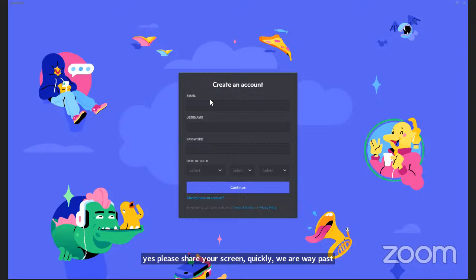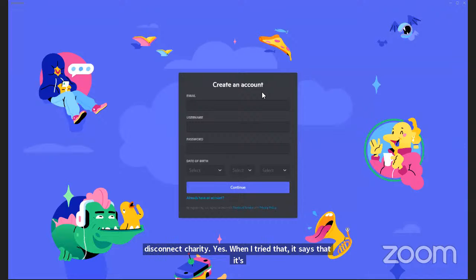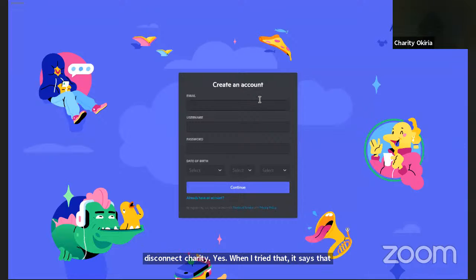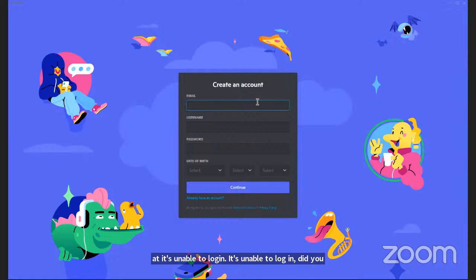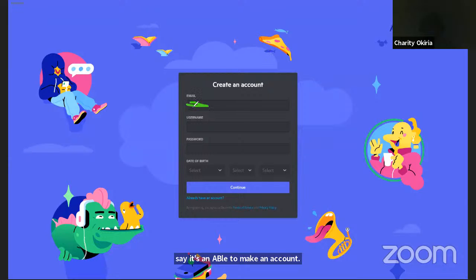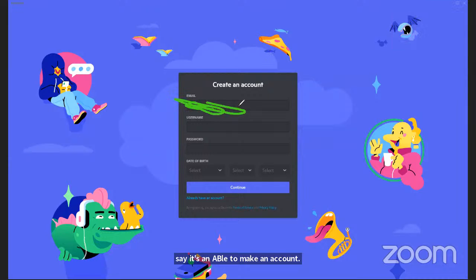Teacher Charity, when I tried that, it says that it's unable to log in. Did you first create an account? I did that, and then I pressed continue, and it said it's unable to make an account. Okay, so Fantasia, I want you to continue with that process.